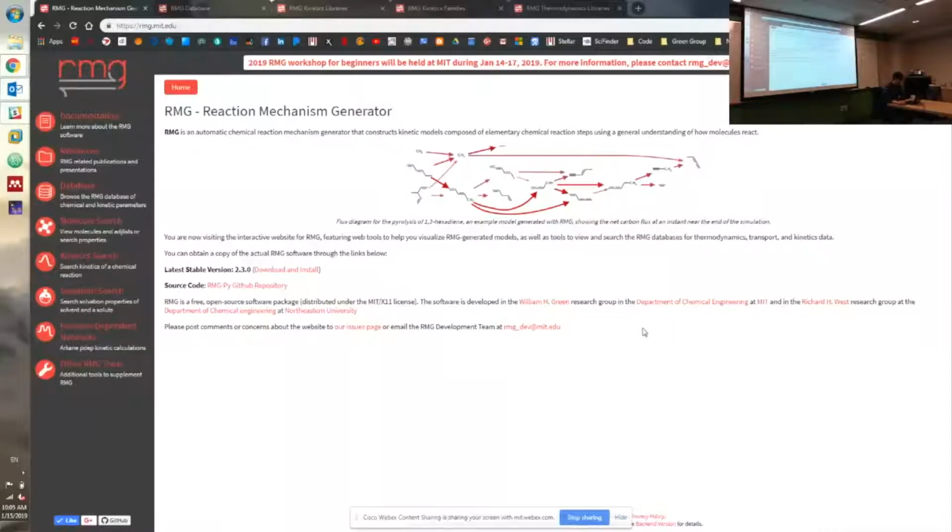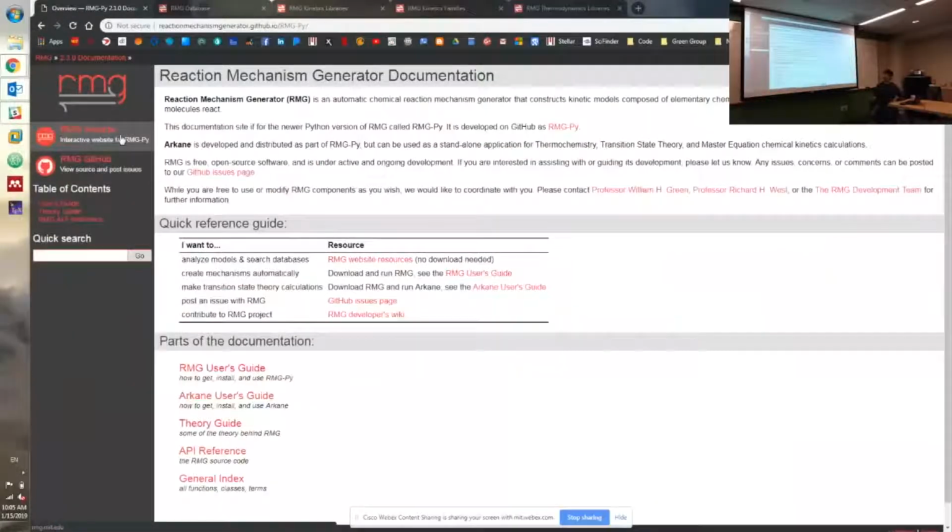So I guess first, I'll just go through the sections on the left. First is the documentation, which is technically a different website. It's hosted on GitHub, and it provides all of the RMG documentation as well as the Arkane documentation. I don't know if we mentioned this yesterday, but Arkane is a different software package that is included within RMG, and we use it to